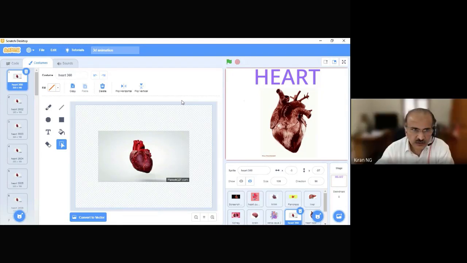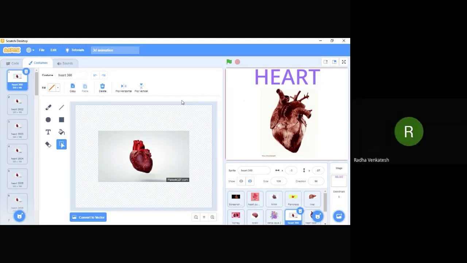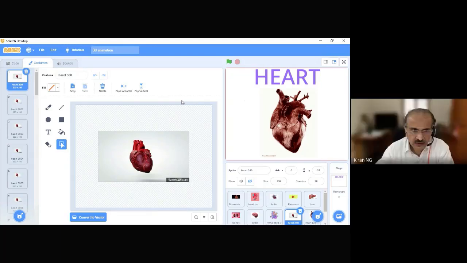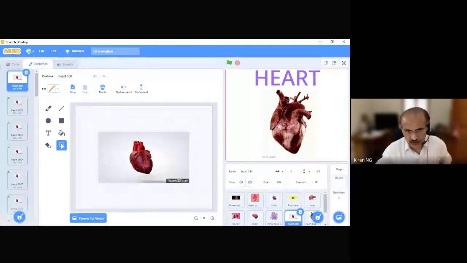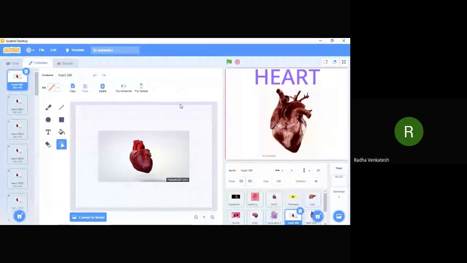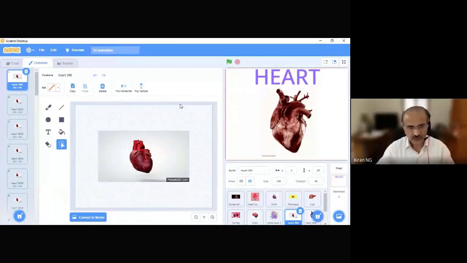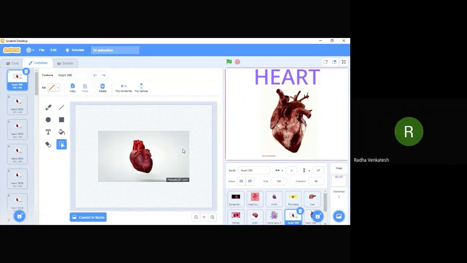Can you share this project, Chetna? Yes, sir. Is it already shared? Have you made it public? No, I should share it online. Yeah, you can share it online. If you can do it now, you can do it. Otherwise, you can do it and send me on WhatsApp, then I will share with others. Okay, sir. I'll do it.